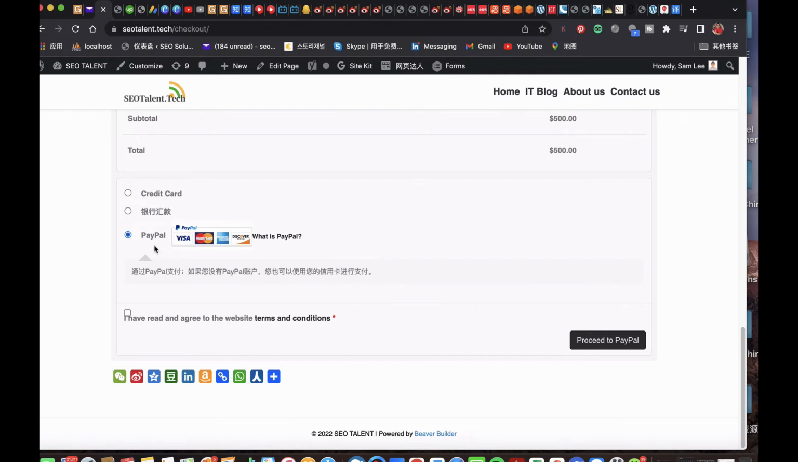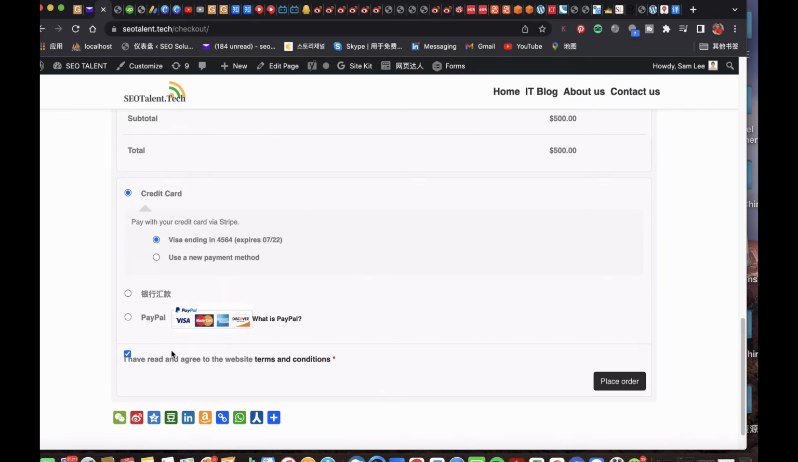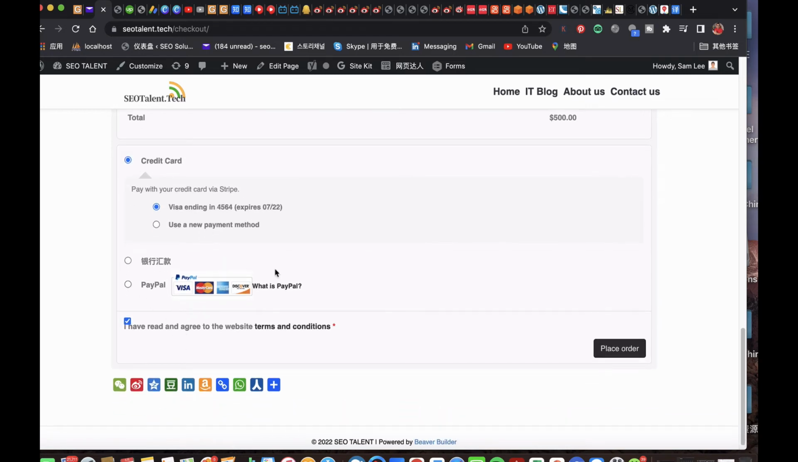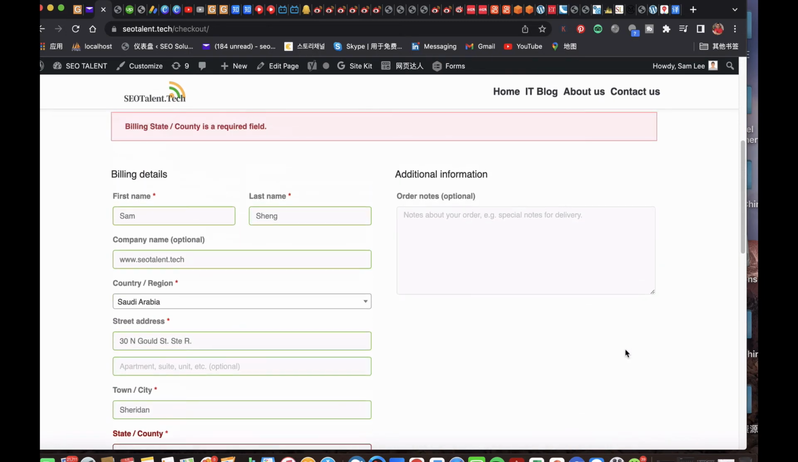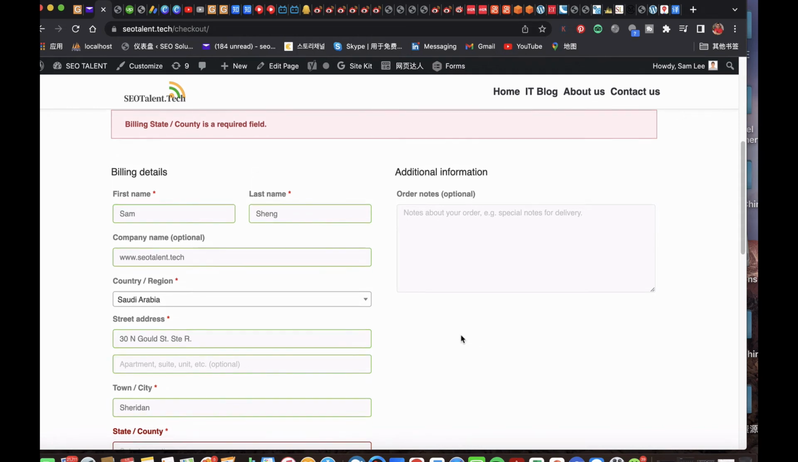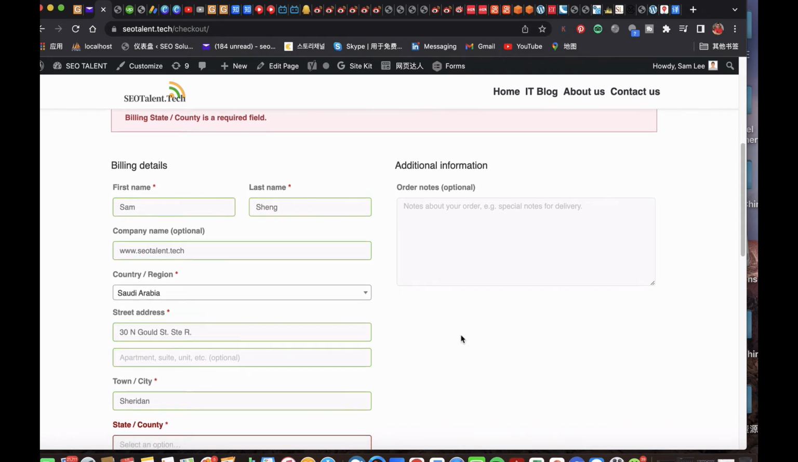And so you can click here PayPal, and then you can proceed to PayPal. And then don't forget to tick this: I've read and agreed to the website terms and conditions. Tick this term. For example, I want to pay by credit card, so you are supposed to do so, and then place order, right? Okay, so this is the page you are going to continue to fill in the blanks,